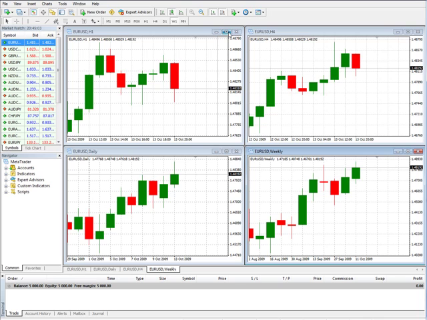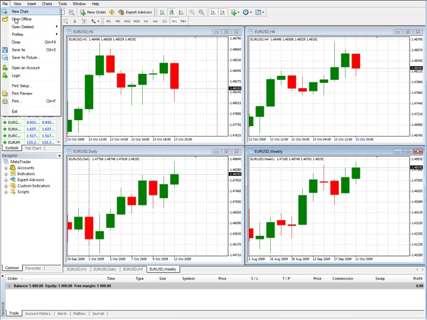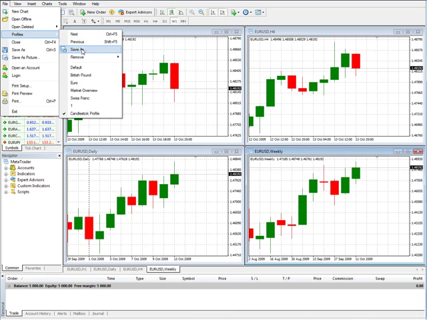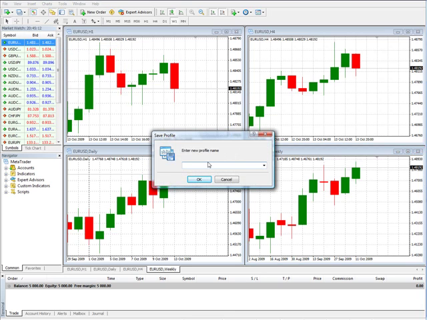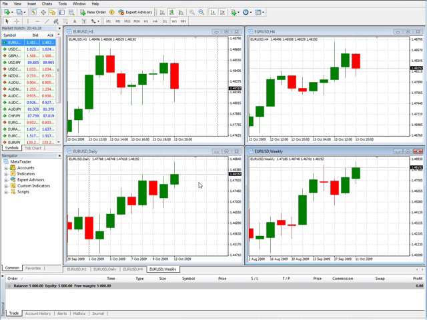So first thing I'm going to do is save the profile as Euro dollar US dollar profile 1. Okay, there we go. And we'll separate that so you can see that out. Okay, that's profile 1. All right. So here we go. Now